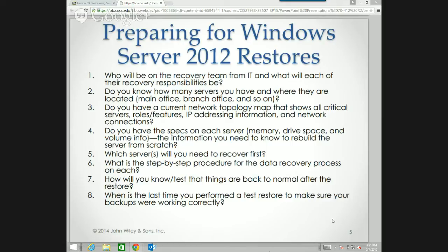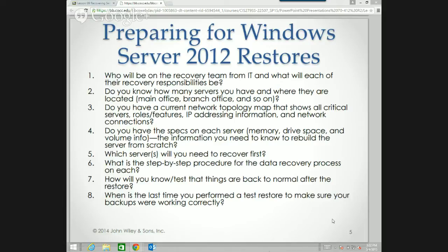So which servers need to be recovered first? If we have an old archive server with 16 terabytes of data, I don't need to recover it before I recover any server that's in operation in our daily operations.